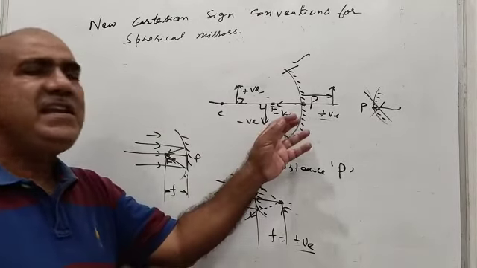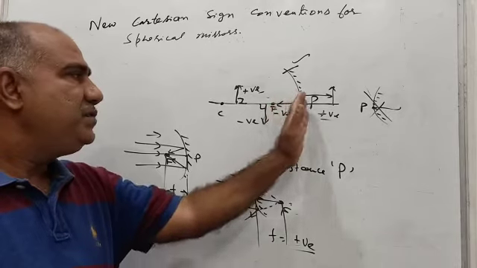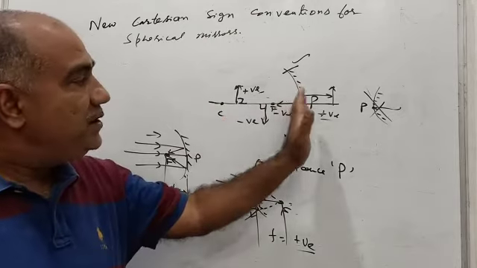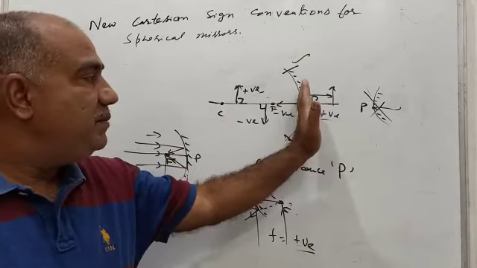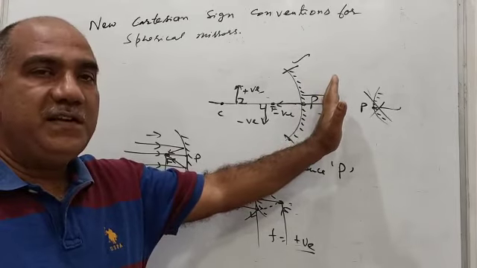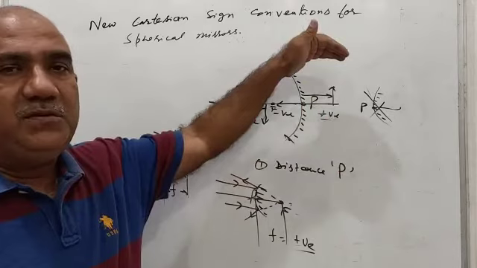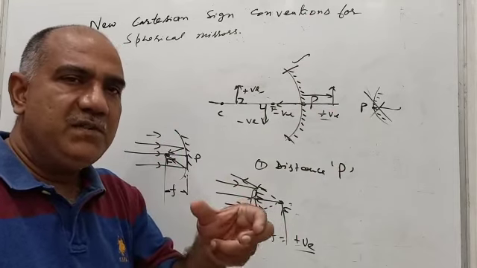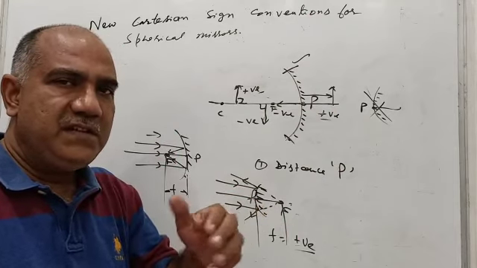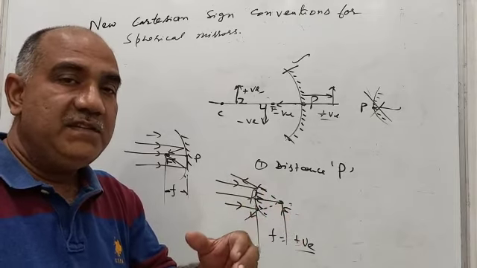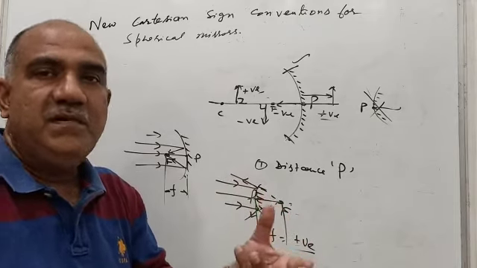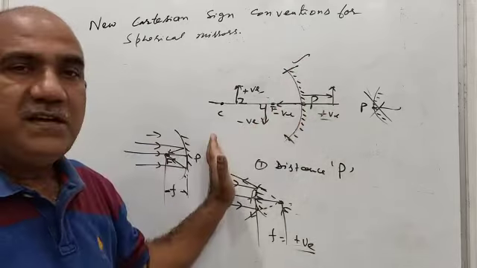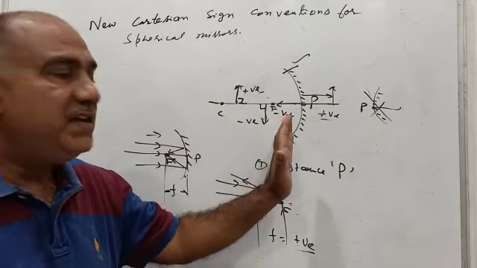Also, we know that any real and inverted image formed is to the left side of the pole. So for every real and inverted image, the height will be negative. For a virtual and erect image, which is formed behind the mirror, distance will be assigned a positive sign, and height also. So the concave mirror makes all three types of images: those equal to the size of the object, those smaller than the object, and those larger, magnified ones. And they are formed on this side and that side.